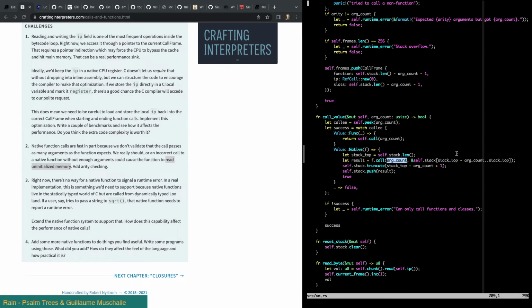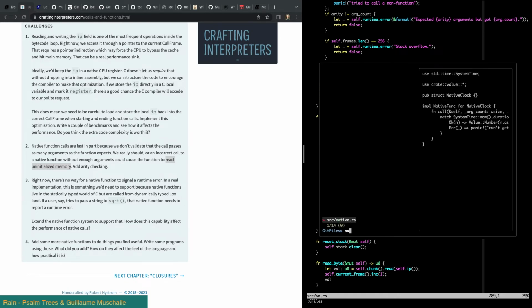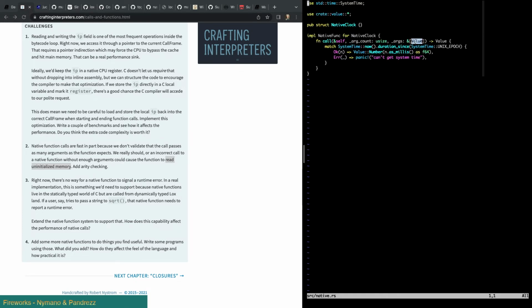And if this went beyond the top of the stack, which it can't do, right? If arg count is negative, that's not going to work, and it can't be negative. So we can't do that. And then in native, of course, we have this value thing here, and we'll panic if we try to read beyond the end of that slice. So we will not be reading uninitialized memory in the Rust version.